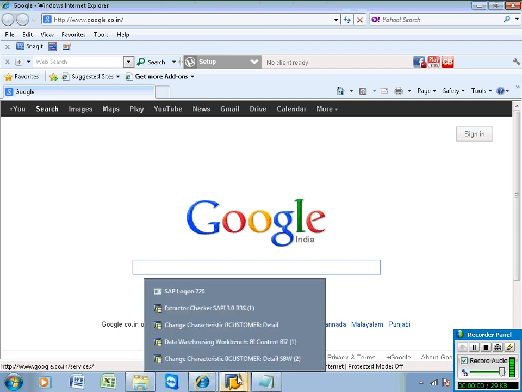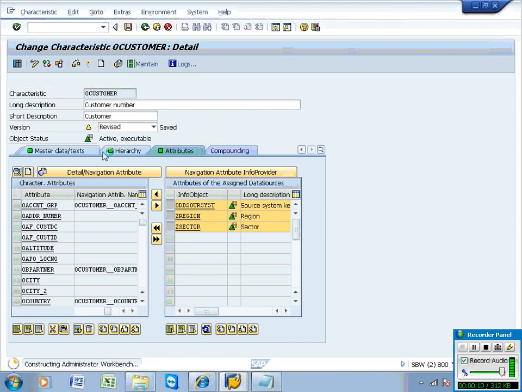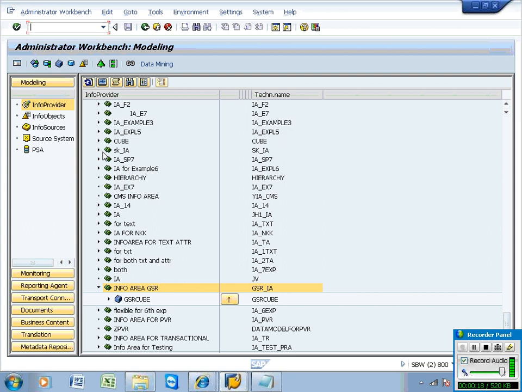Now let me discuss the steps. I am logging into the GitHub system, and this is a 3.x system, so I am running RS1. First let me complete it in the old system. Then again I will go back to the 7th system, and in the 7th system we can restore 3.x.